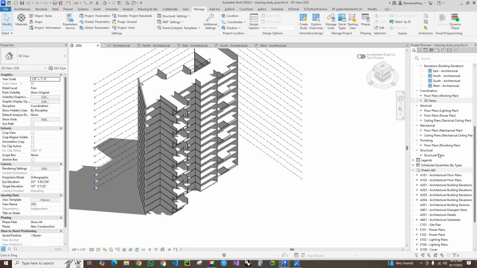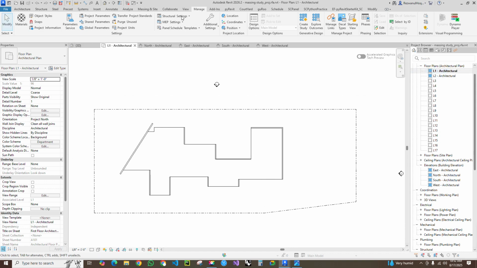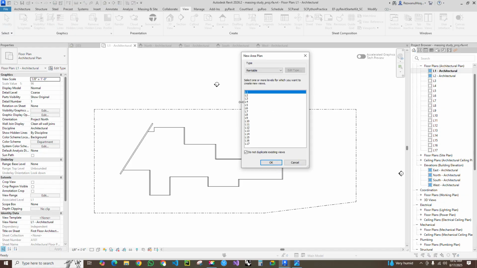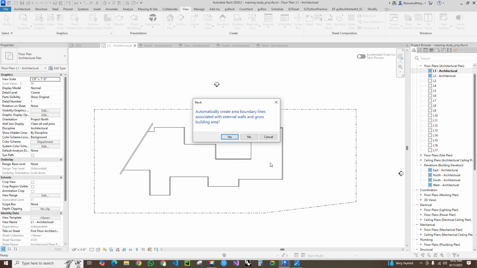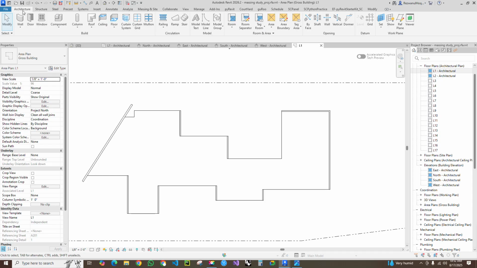So open Level 1 and go to this view, plan views, area plan. Just specify, I need to say gross building as the area type, and select only Level 1 and click OK. Now go to the Architecture ribbon, the room and area panel, and in this area there is the area node, area tool, and area boundary. Click this area boundary